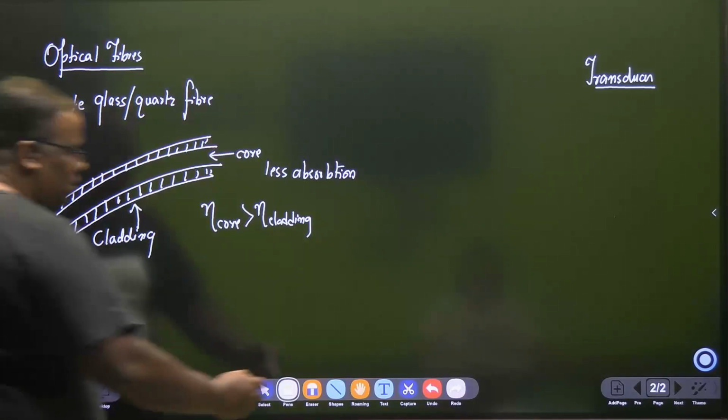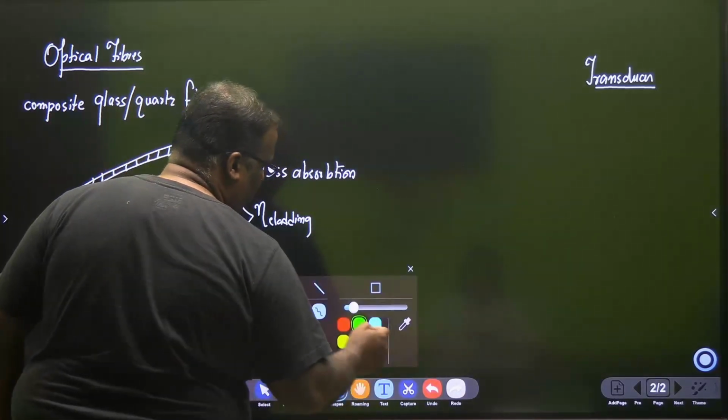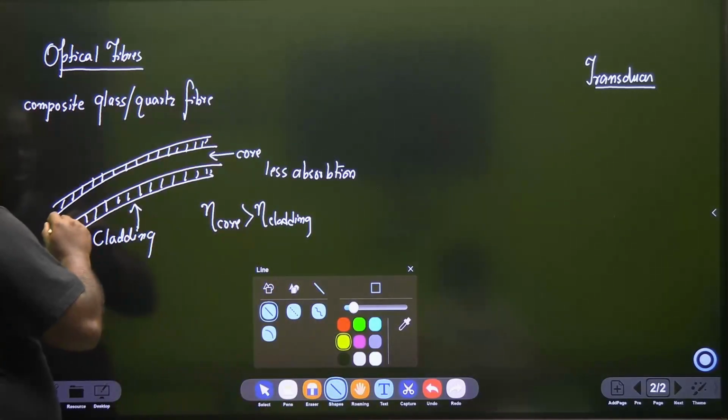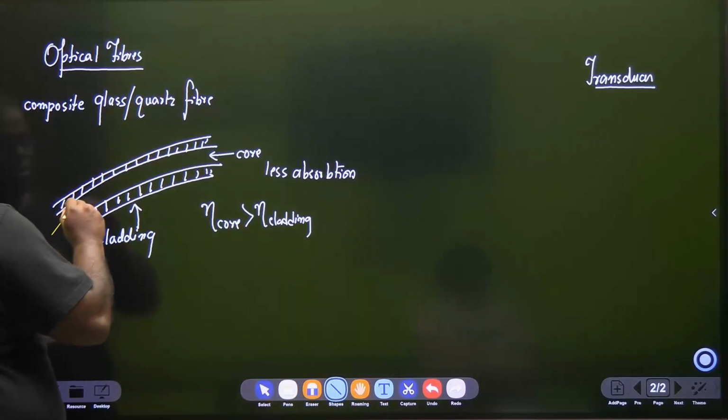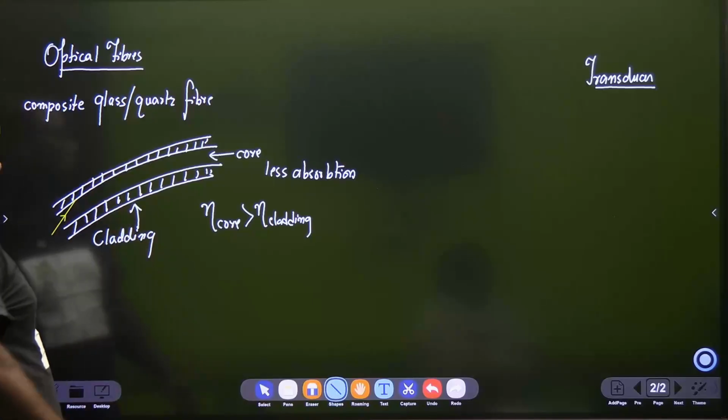So what they do is that they will make use of an optical signal to enter this core in such a manner that the optical signal is made to enter with an angle which is more than the